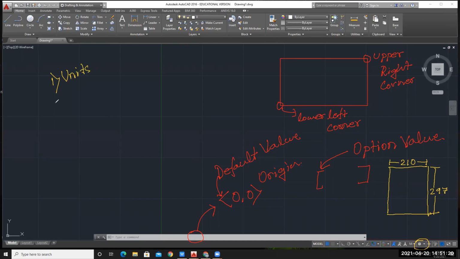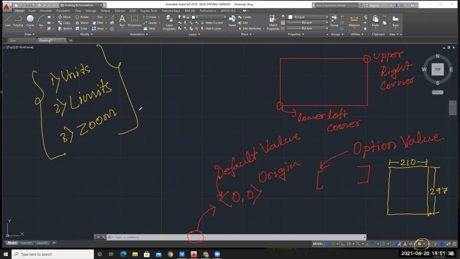This is the command. Second, we have set limits. And the third one we have seen is the zoom command. So these three commands you can keep in your memory or take running notes, because wherever you have to make any drawing, we will start with these three commands only. You can take a note of it: units, limits, and zoom command. Okay.